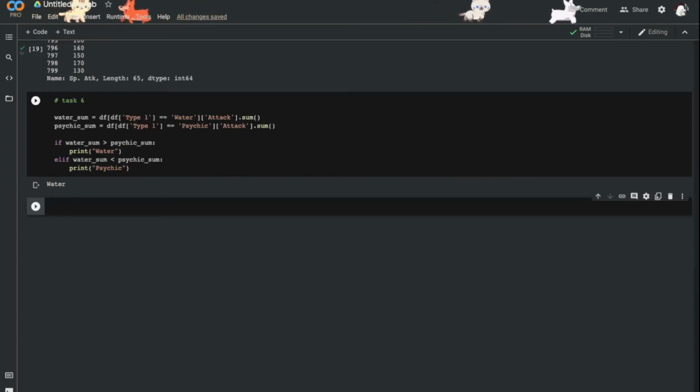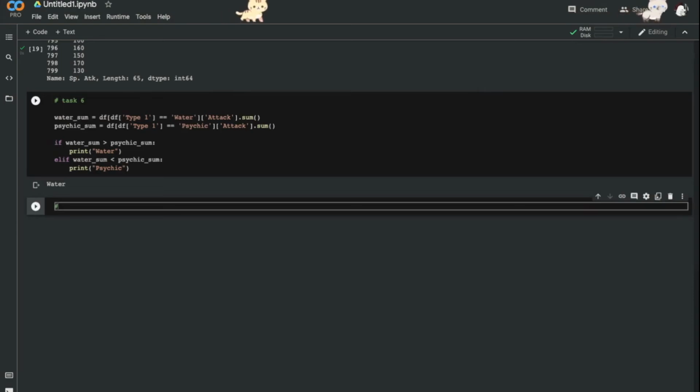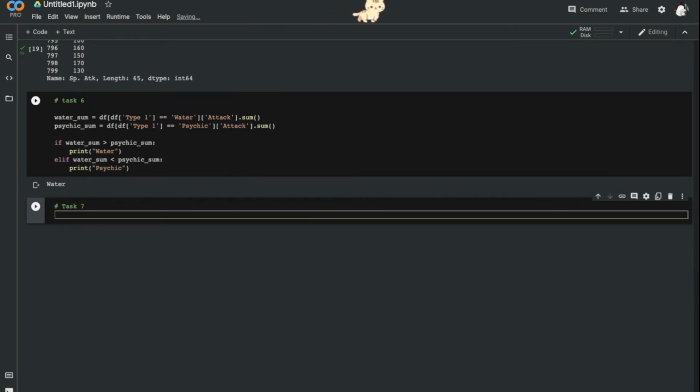Task 7. Pikachu attacked Bulbasaur with a normal attack. Can Bulbasaur endure the attack? Is the remaining HP positive? So again, Boolean indexing, where the name equals Bulbasaur or Pikachu. So Boolean indexing is very important when cleaning data with pandas. So it'll look like remaining HP, df, name equals Bulbasaur,